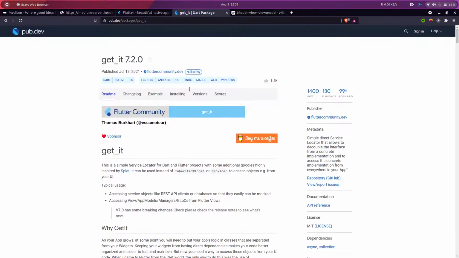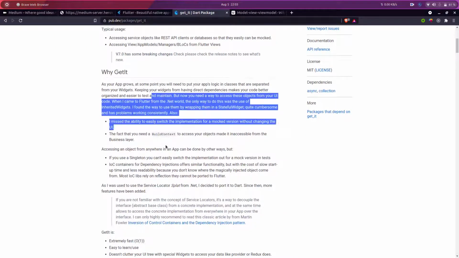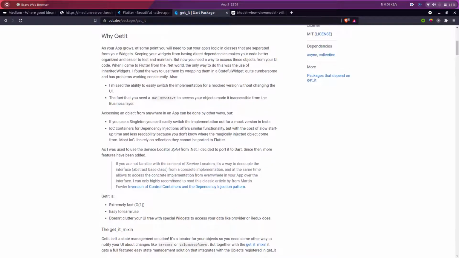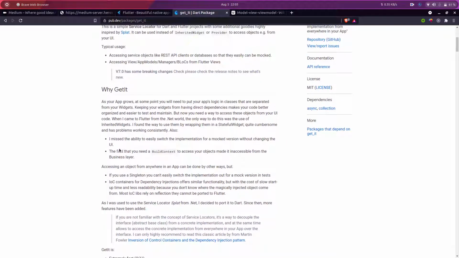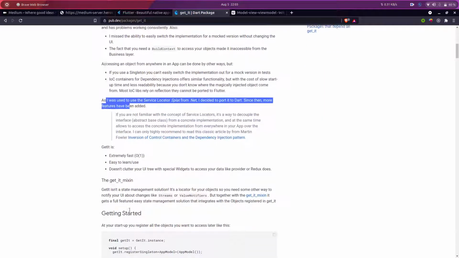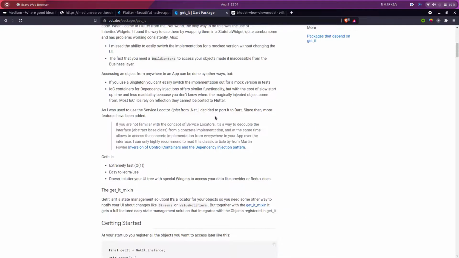There are many other packages also, like GetX and Flutter Bloc, but I will be using get_it as it's a simple service locator, and I have used it with the provider. Also if you use the service locator package, it doesn't clutter your UI. These are some extremely good points that you would like to explore, so you can explore this documentation.